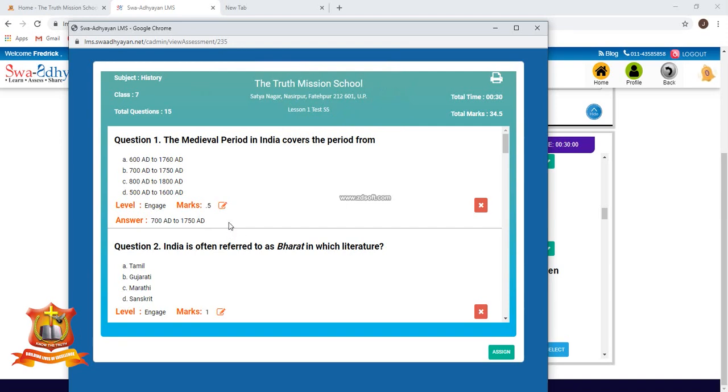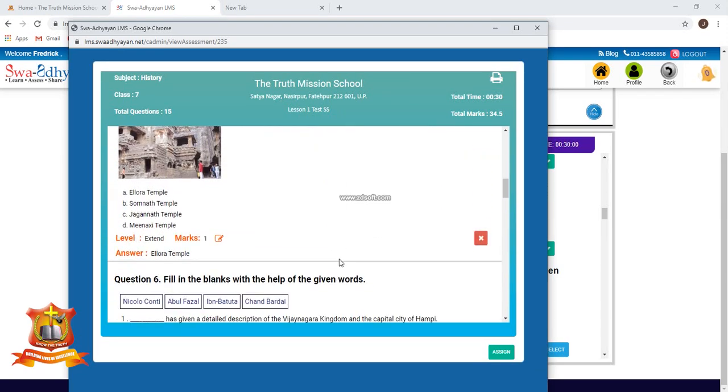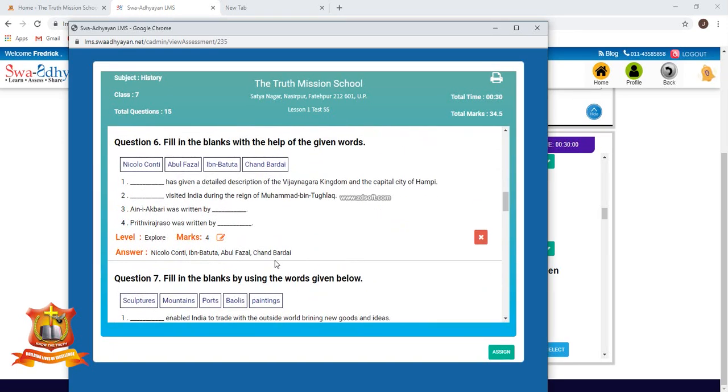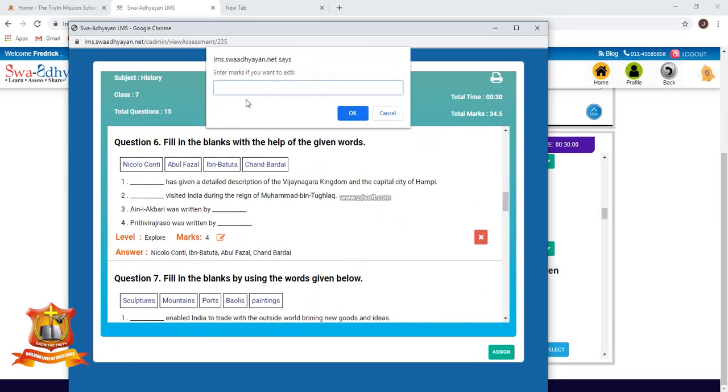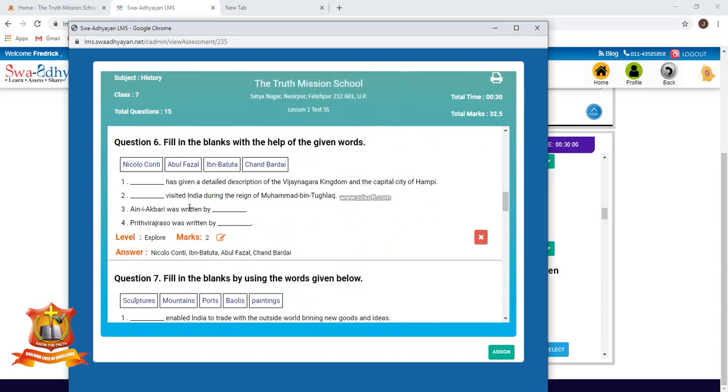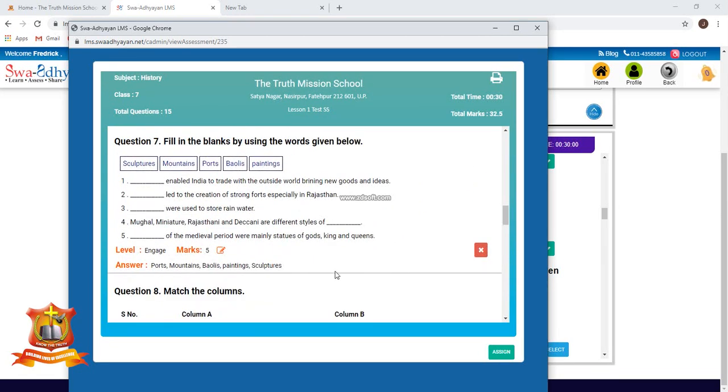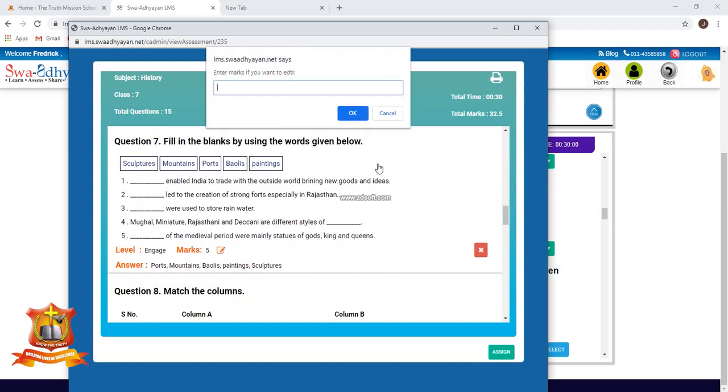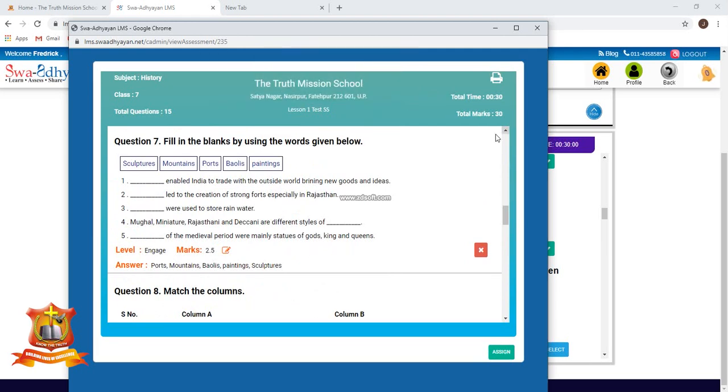That is updated. So here you see 5 marks reduced. Like that I'm going to edit the bigger questions. I'm giving half a mark less, so 2 marks it is. This also I can edit to 2.5. So each question 0.5. 30 marks it reached.